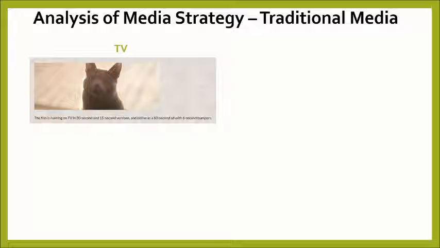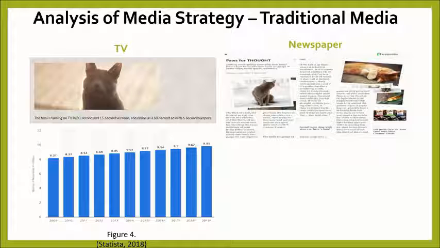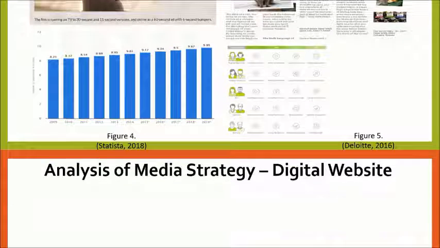The number of households with TV in Australia has been increasing from 2009 until now. This will bring benefit to DINE to better reach their target audience since 99% of Australian households have at least one working TV set. TV advertising was the most influential form of advertising, followed by newspaper at 53%. Although it has a high influence in advertising, it is not the first preferred source for DINE's target audience.